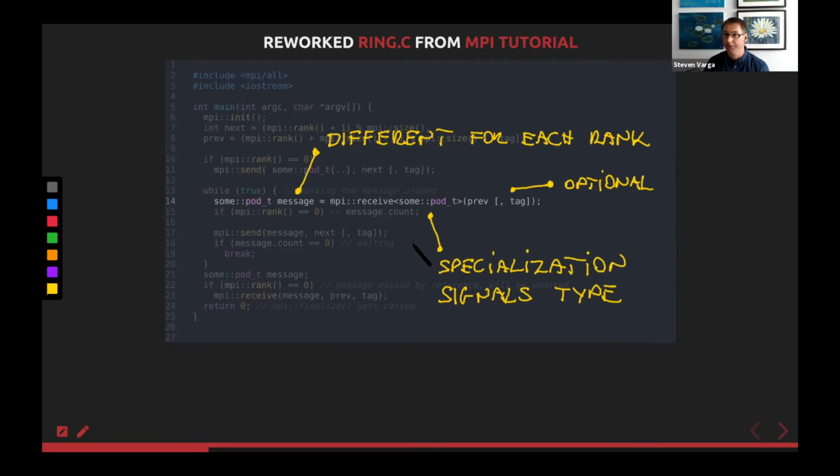What we can see here is a different pattern where we make an MPI call and retrieve an object. Syntactically, the template specialization here would tell the reader what object and what types we're speaking of, and there are optional tags, or sideband information, much like what we are familiar with in Python.